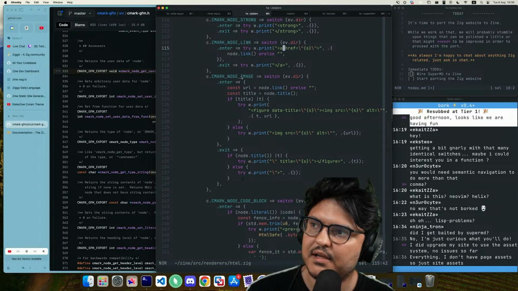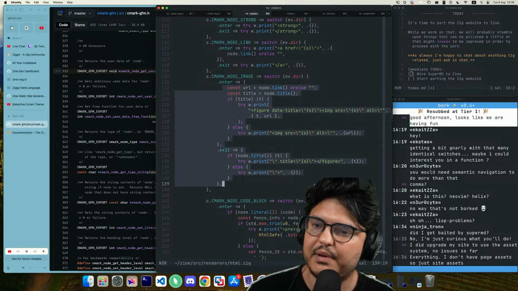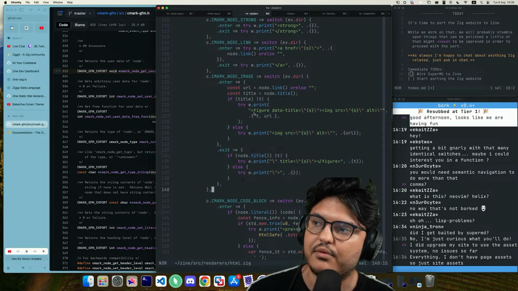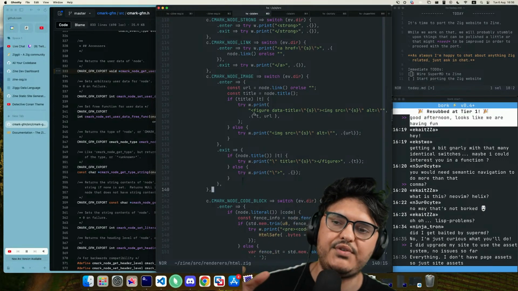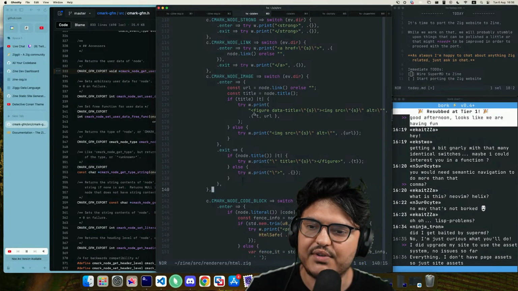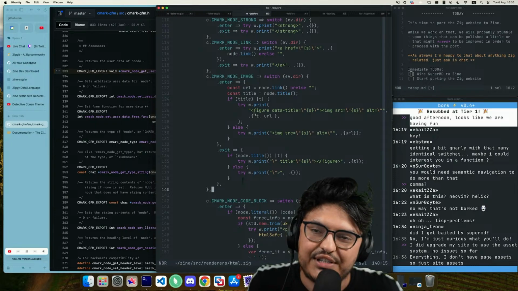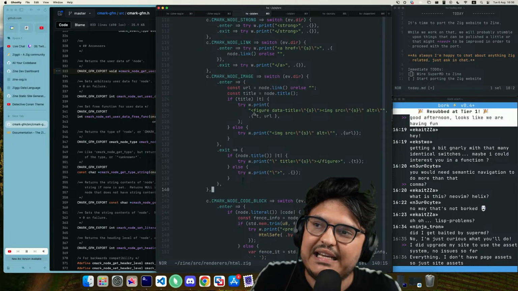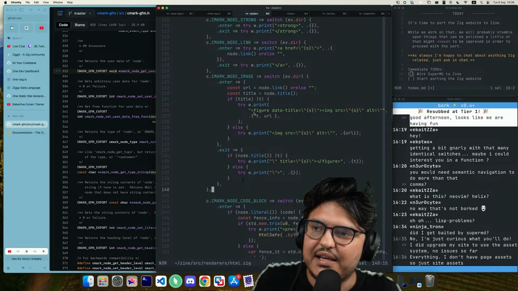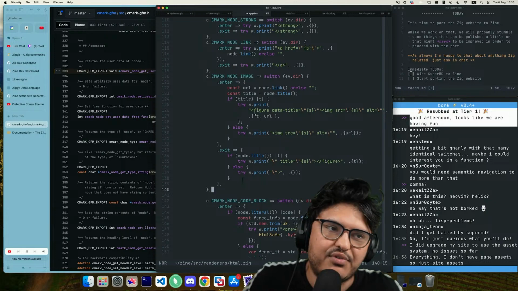Node image, figure, data title, blah, blah, blah. Okay. So for example, this is my overly complicated way of rendering images right now. The reason I was rendering images as figures is because I was leveraging these features in my own blog, and I needed this machinery to replicate my personal blog.